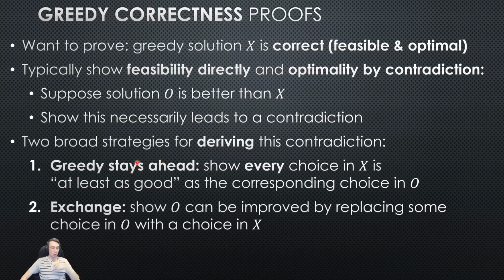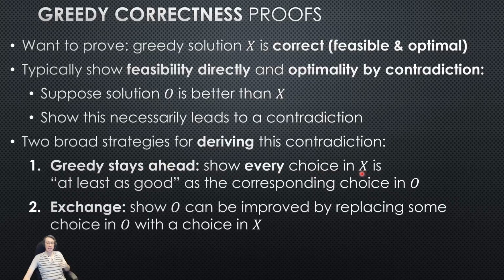And there are two broad strategies for deriving this kind of contradiction. In fact, it isn't always a contradiction. We'll see examples where it isn't. But there are two broad strategies. Certainly, contradiction is one way of doing it. There are two broad strategies for proving greedy algorithms, and they are greedy stays ahead arguments, where we show that